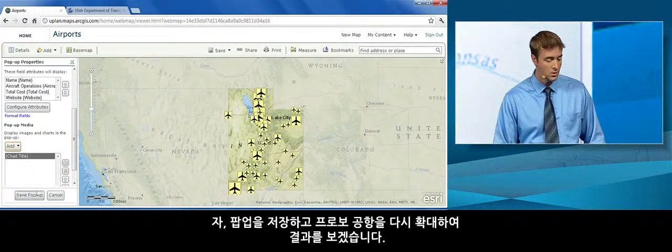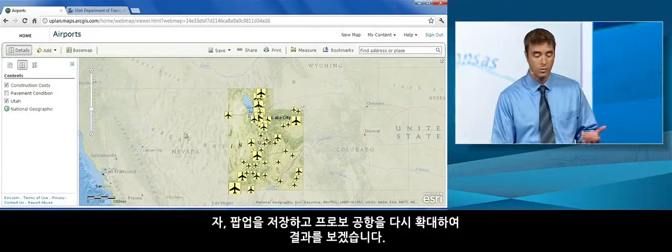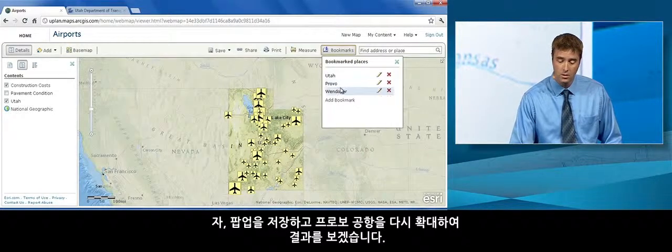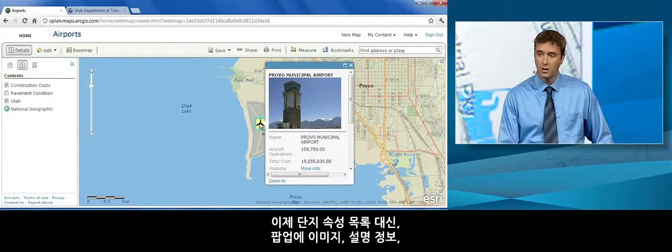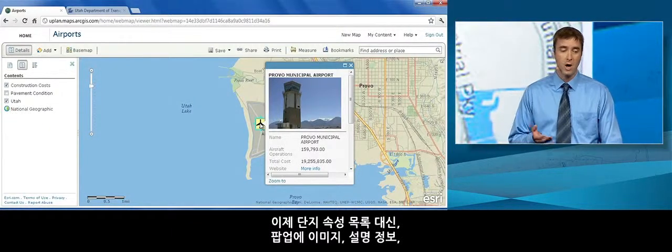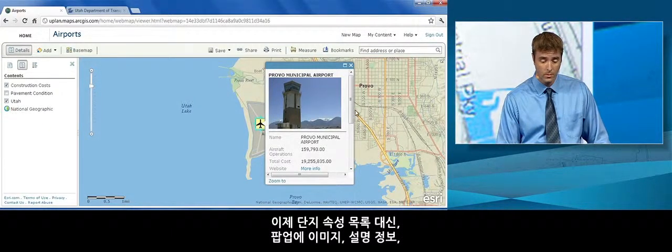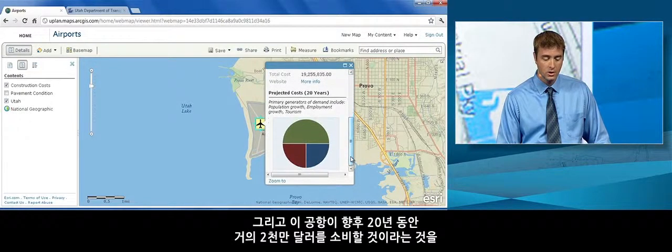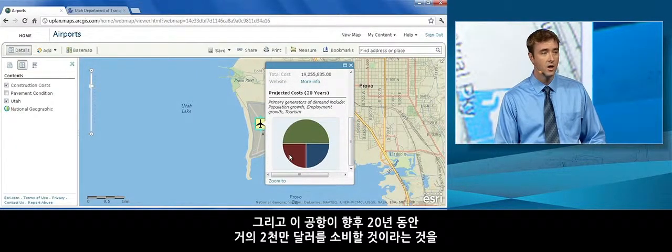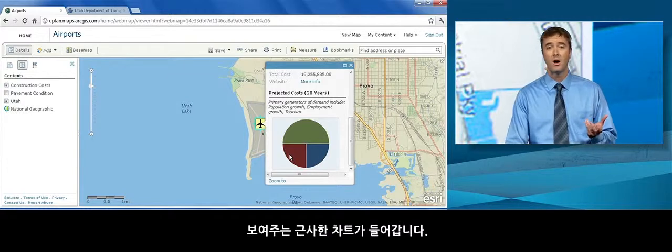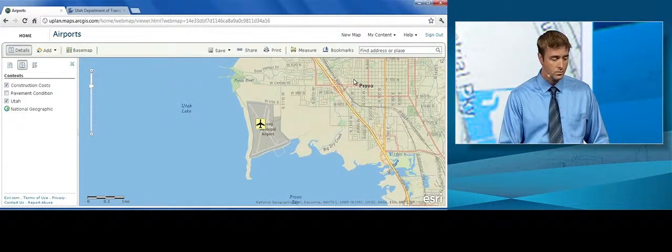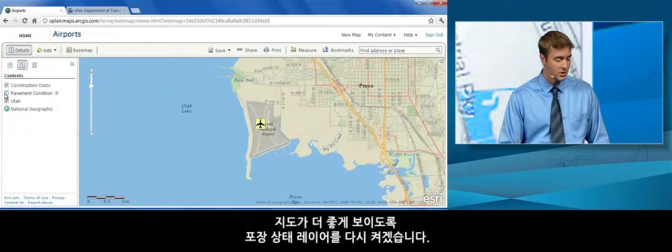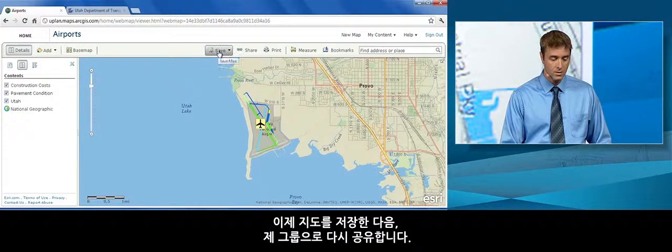OK. So we'll save the pop-up, and we'll zoom back into the Provo airport and take a look at the results. So now, instead of just a list of attributes, my pop-up contains an image, some descriptive information, as well as a nice chart that helps explain how this airport is going to spend nearly $20 million over the next 20 years, which is great. So I'll add my pavement condition layer back on just to make the map feel a little better. And I'm going to save it,